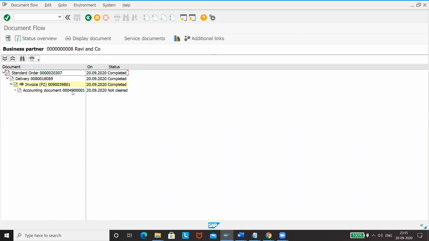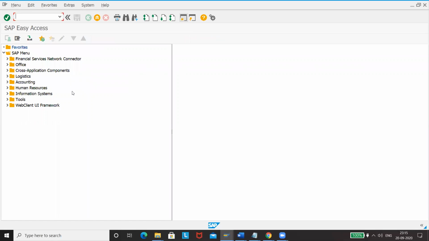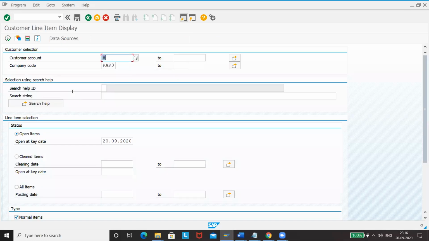Now, if you go to FPL5N, you will then find how much ever you owe to your customers. So you have to give your customer number. Whatever is the open items so far we have, we'll just give.